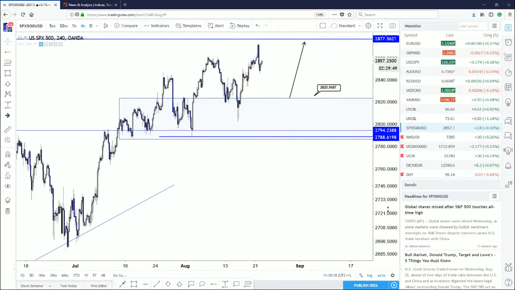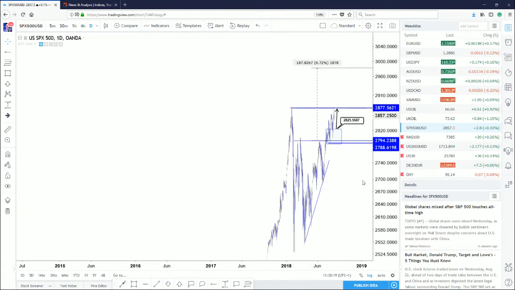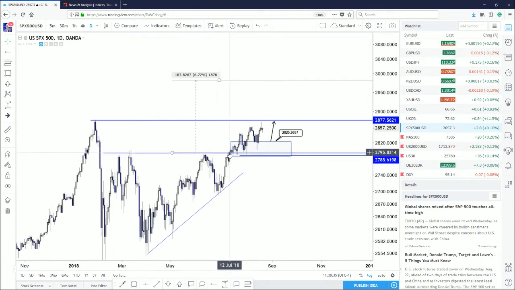S&P 500, wow, look at this. So you might remember I said look to be bullish when we're trading down here. So we could hit that 2018 high, well, we almost did. And I wouldn't necessarily buy right now. I think maybe if we have a dip to 2,825, I think traders are going to look to buy. The alternative, of course, we take out the high and can push to the upside. The target I discussed on the break to the upside here is this level up here at 2,982, and I still stick by that.